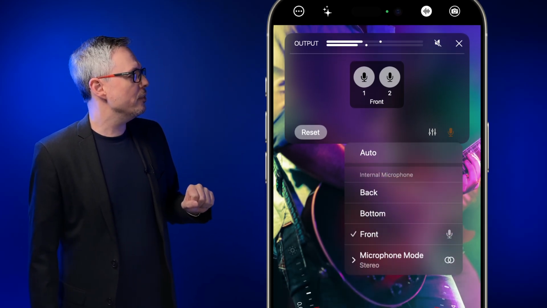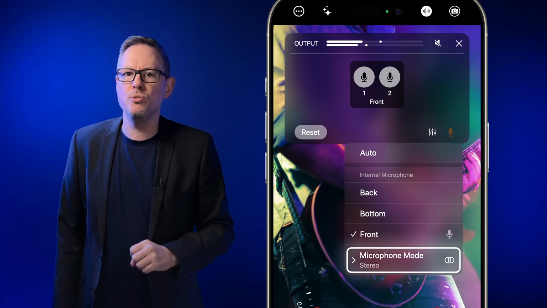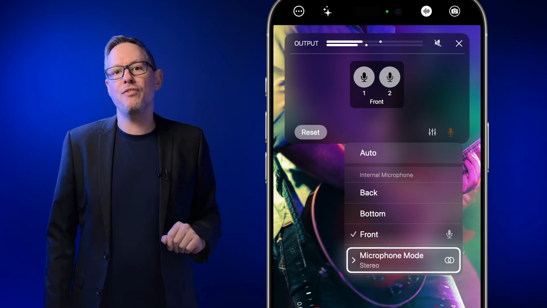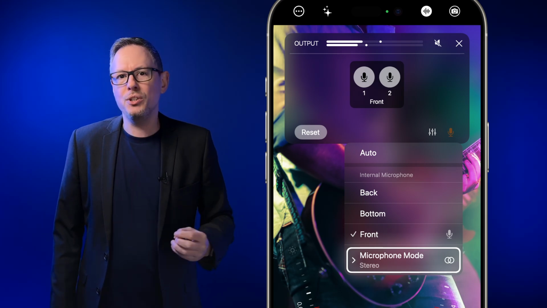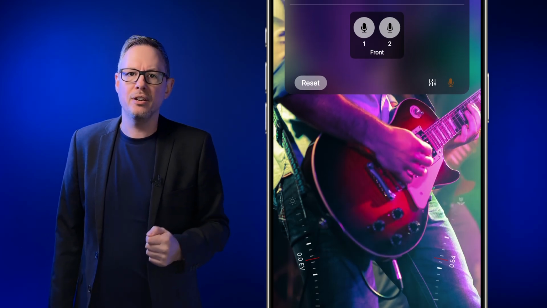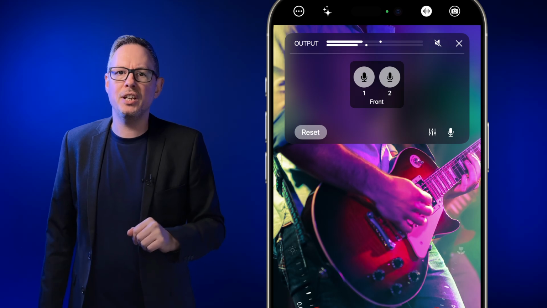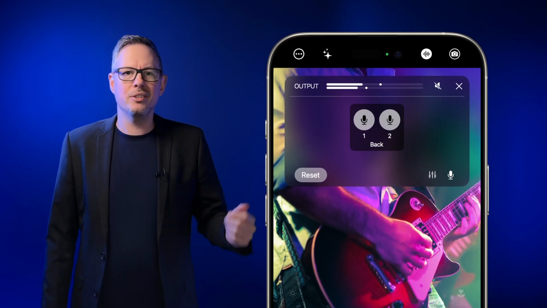Now, if you have a look down on the options there, when we reopen the menu, you can see that we've got the microphone mode that we can now change. And this, again, is very useful because if I'm doing a voiceover, I probably don't want a stereo mix. So I can actually choose the cardioid pattern for that mic. Now, this is using the internal microphone at the moment, but for the rest of the video, I'm just going to put that back to auto because it's just easier.